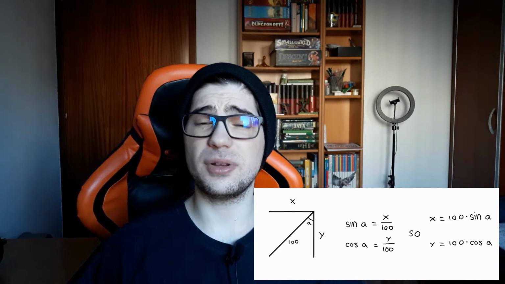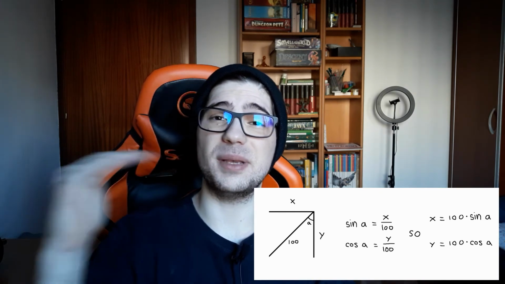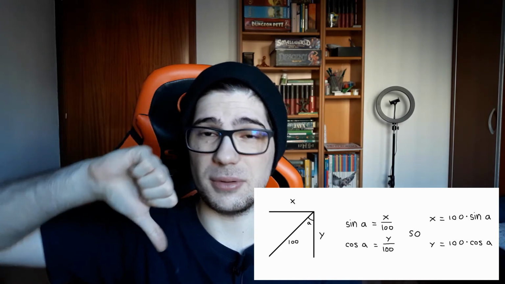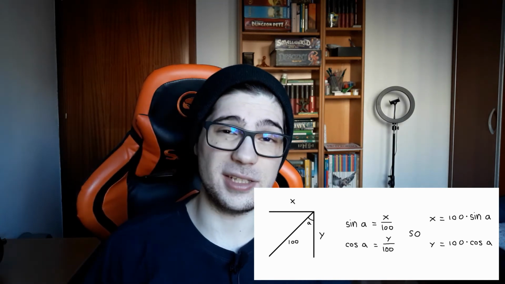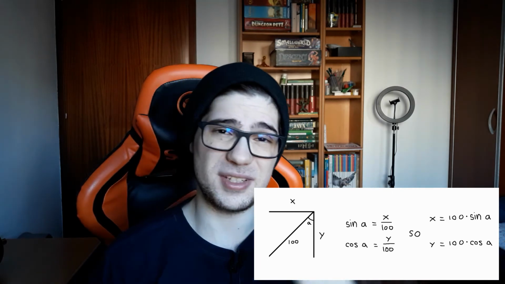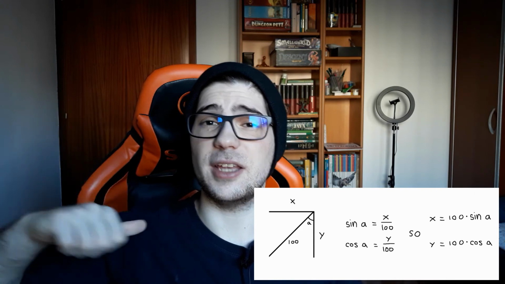If you want to move diagonally 100 pixels, you're gonna see how many pixels you gotta move to the left and how many pixels you gotta move down. The way you do that is with sine and cosine. Let's say you're moving at a 45 degrees angle. If you want to move 100 pixels diagonally at 45 degrees, you're gonna have to move around 70 pixels left